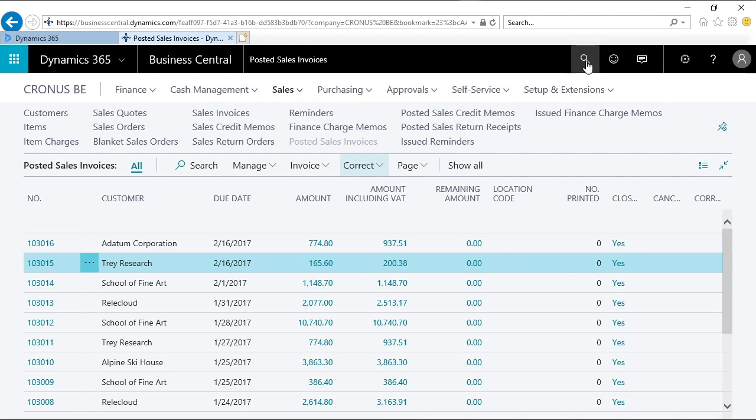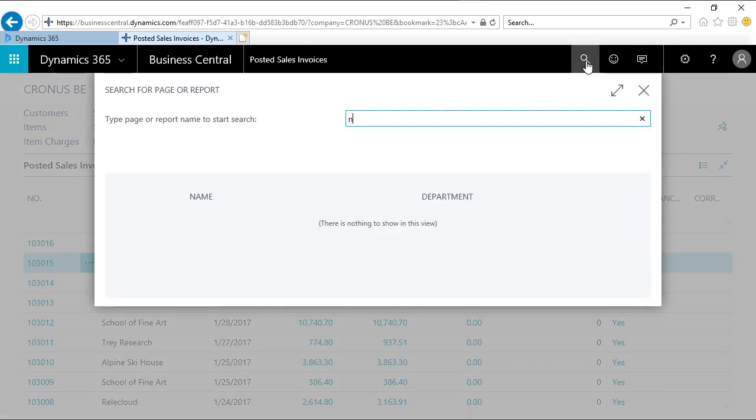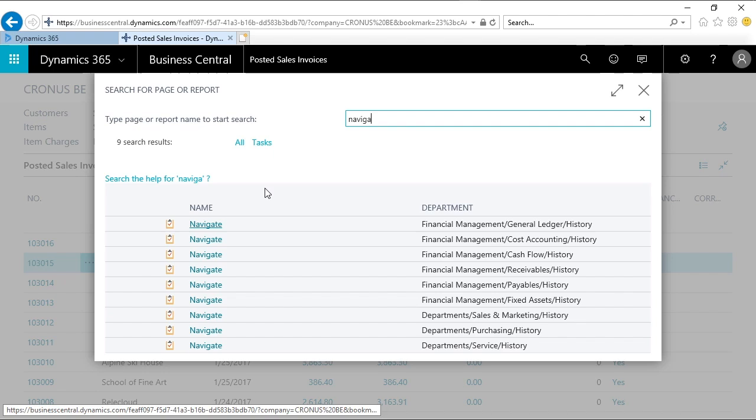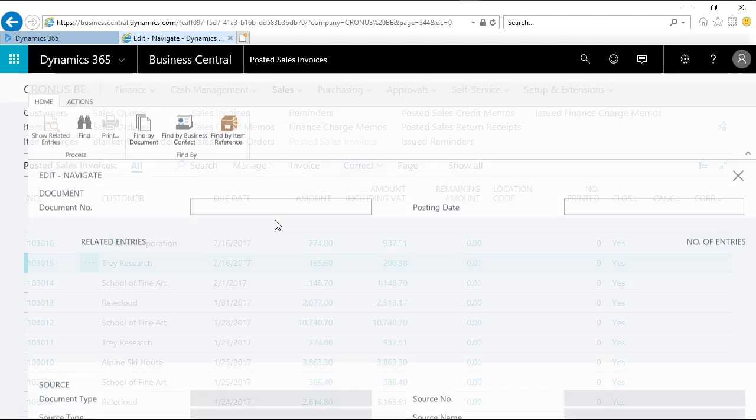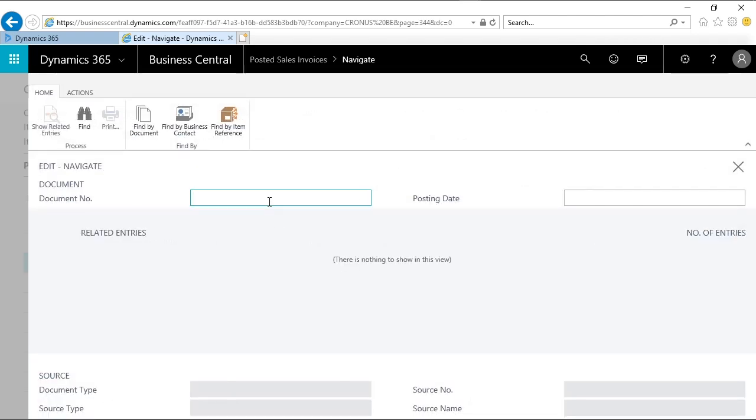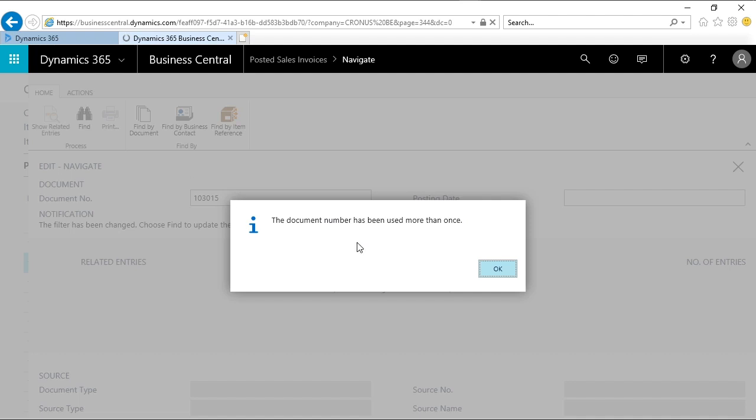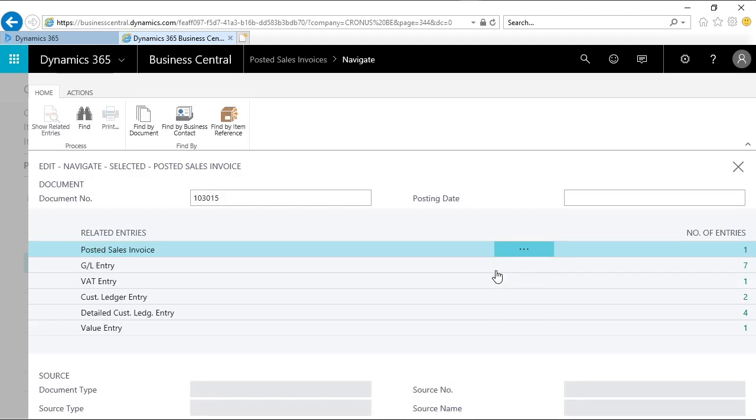103-015. If I go back to the Navigate and then look for the 103-015, so let's do that, 103-015. If I use that as a document number and click on the Find button, the system will find that document. In this case, the document number has been used more than once, and I can see all of the